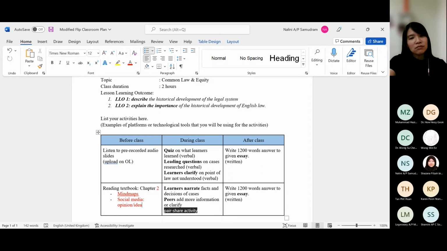It's not so relevant for this topic, but I can implement your idea in some other topics that are more current, because this one is very historical based.